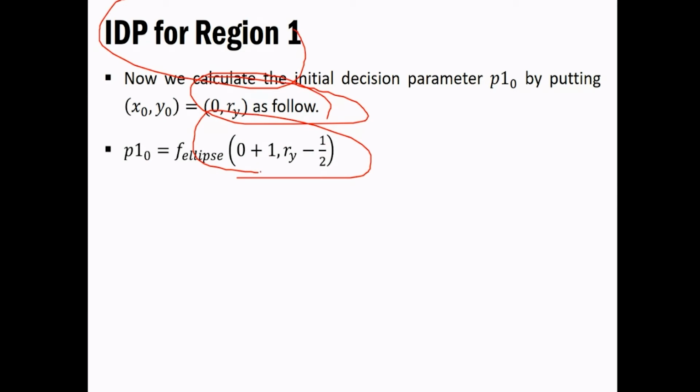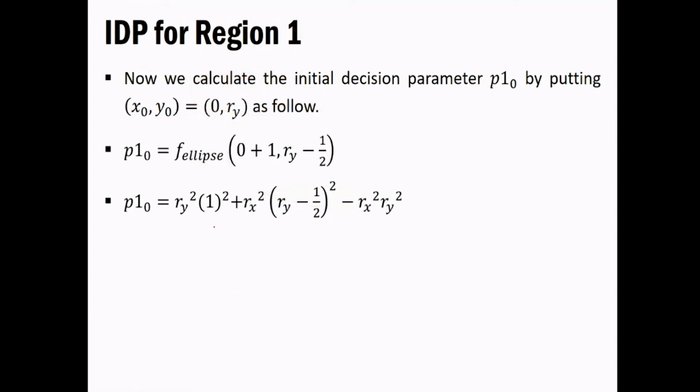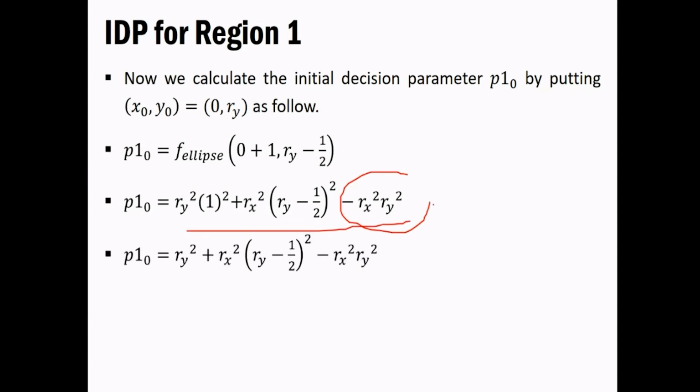You are proceeding further, you are taking unit interval in the x direction, so plus 1 over here and minus 1 by 2, because we are dealing with the midpoint. Okay, if this is the case, then we have to again put the whole thing into the ellipse function. After putting it in the ellipse function, what will we have to do? ry square, rx square, you just have to multiply, and you have to embed this thing also. It is rx square ry square for our purpose. Okay, because we are dealing with the ellipse.